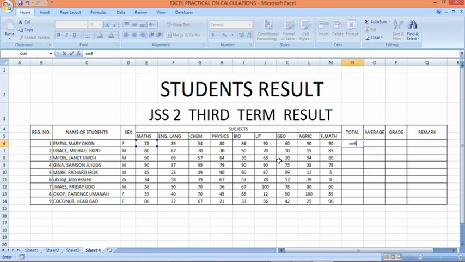Excel will take the contents of that E6 and use it for the calculation it wants to perform for you. So E6 plus the next one will now be F6 plus the next one will now be G6 plus the next one will now be H6 plus after it you have